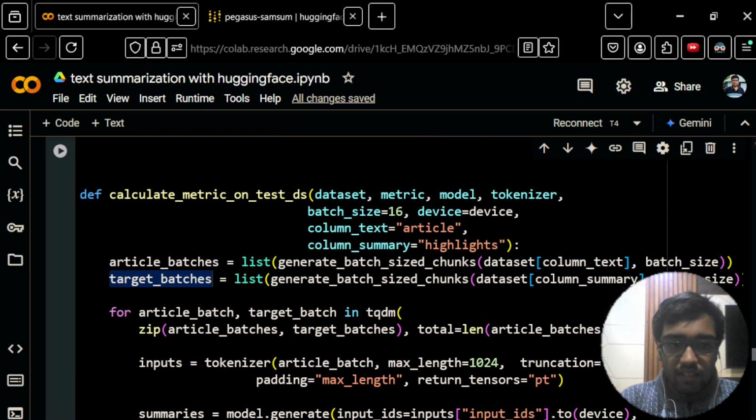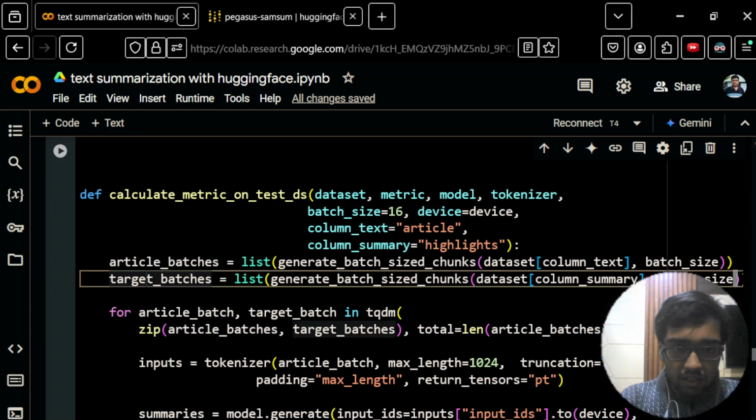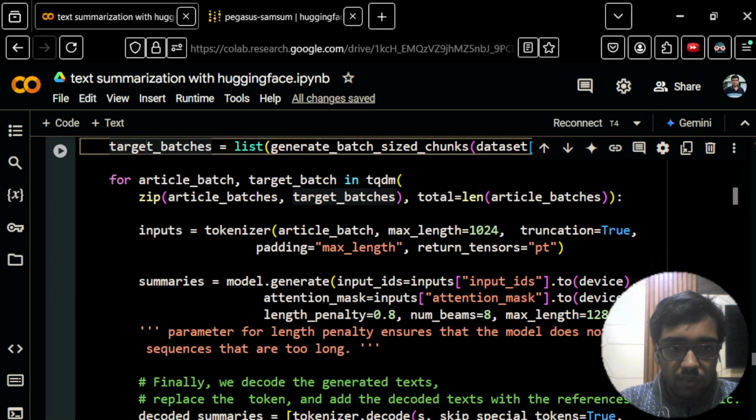Or what we can say is that each of these target batches lists will have 16 elements, and each element will be a summary. Similarly for article batches, each element of the 16 elements will be a dialogue conversation taken from the dataset. These will correspond to each other: for the corresponding article batch we will get a corresponding target batch. So for that we will be zipping both the article batch and target batch into a tuple, and then inputs